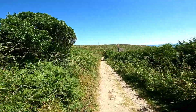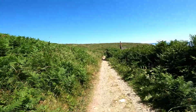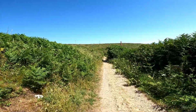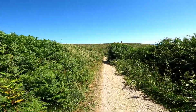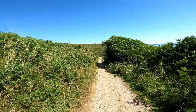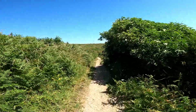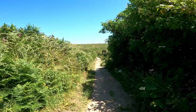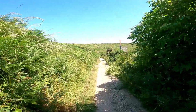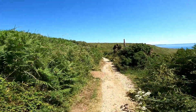Now around the other side we have two other engine houses which we're going to have a look at, and they're perched on the cliff edge like we were the other day down at West Cornwall, down at the Crowns. But these are on the other side of the coast. This is the other side of Cornwall now. From the last location, which is Pendeen area, we're probably about 25-30 miles away. So we're on the south east Cornish coast,